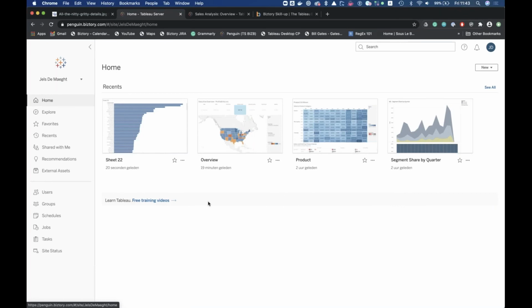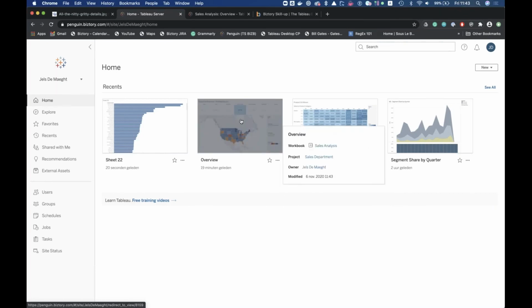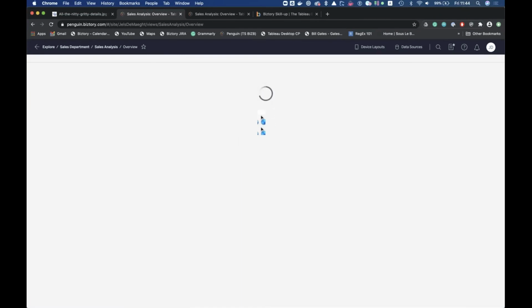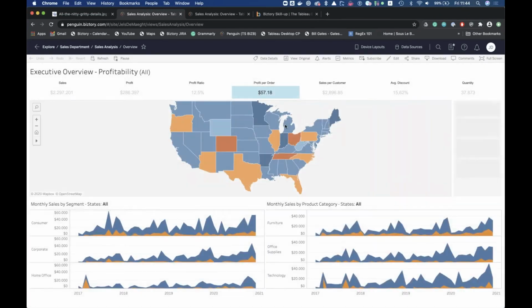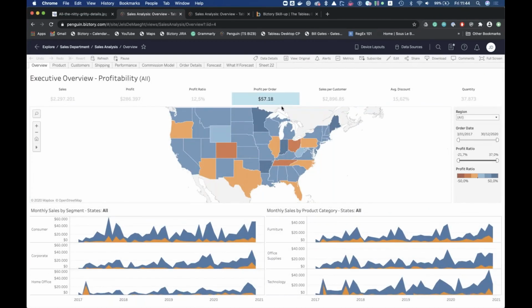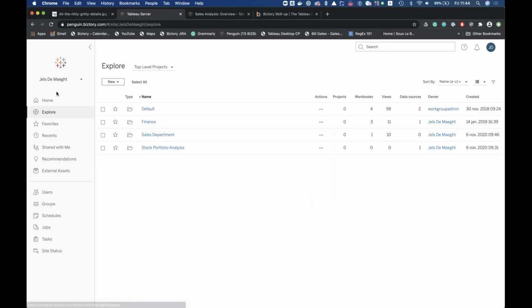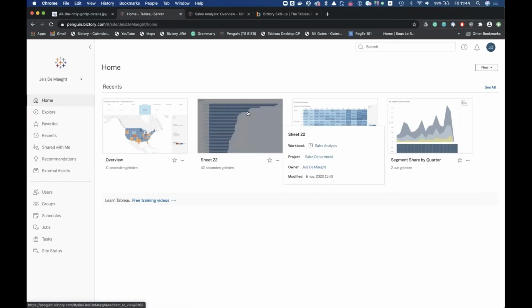So I have worked with the overview and you see my selection. In the detail, I have made a selection and I had saved also the selection, and you saw that in the recents. That were my recent actions. If I go back to the home page, you can also see that the sheet that I created, very conveniently